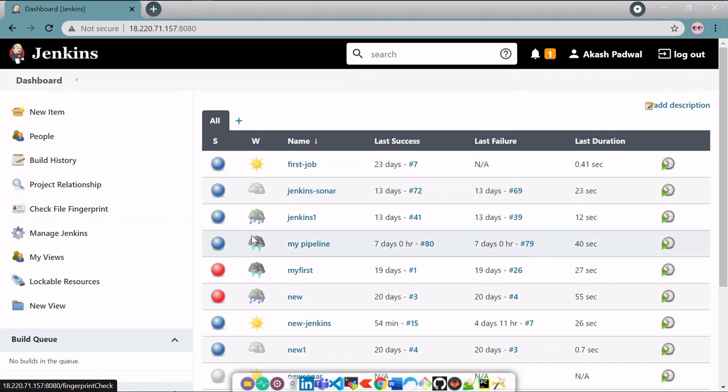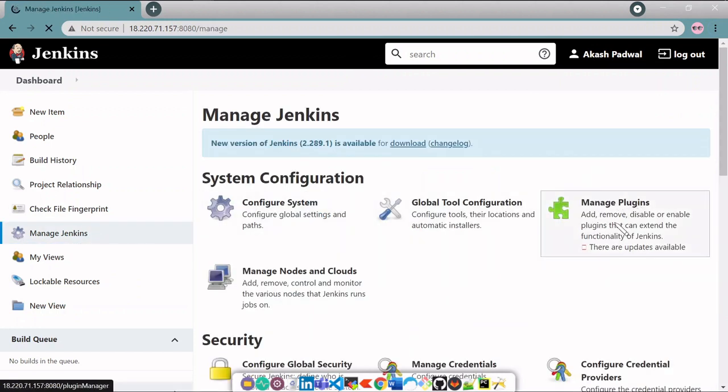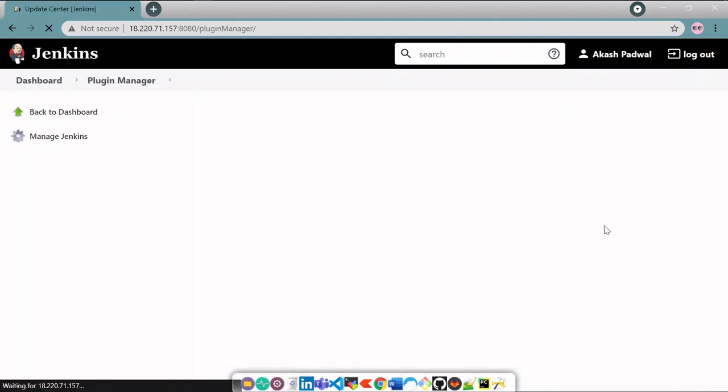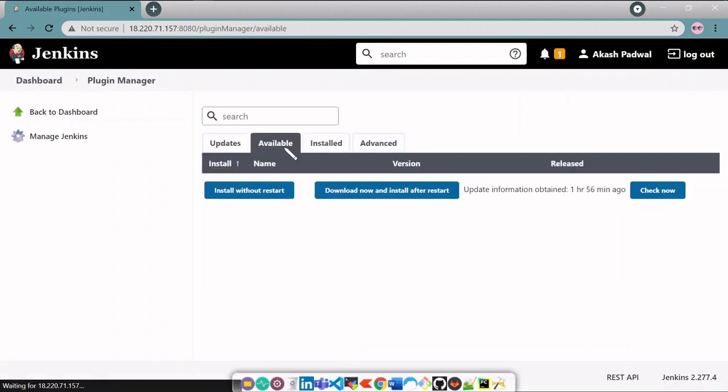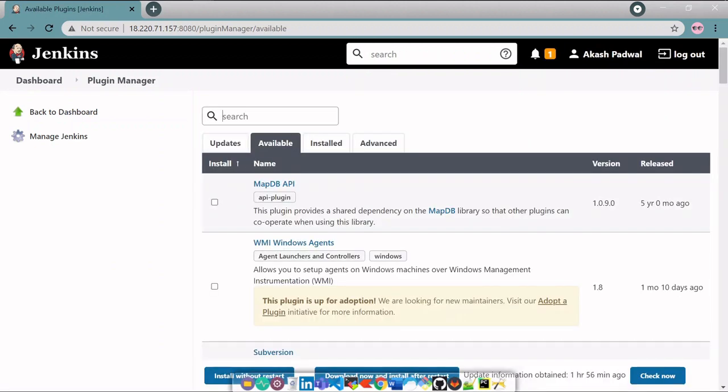So this is my Jenkins dashboard. So now let's install the plugin. So go to Manage Jenkins. Click on this. Here you can see Manage Plugins. Click on Manage Plugins. Go to the Available section. Search for Nexus.